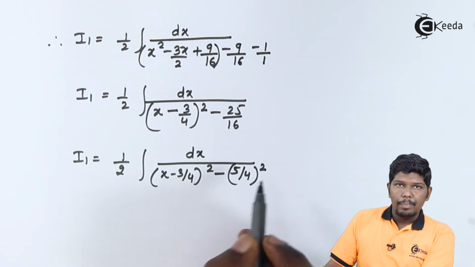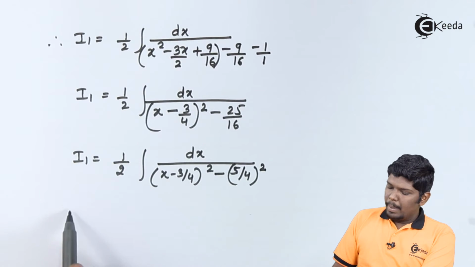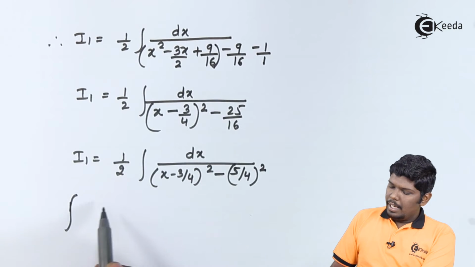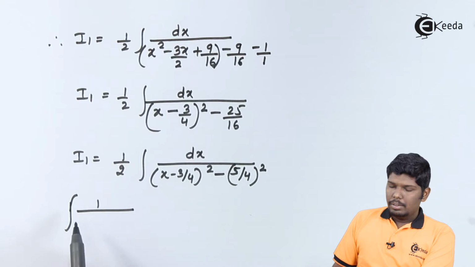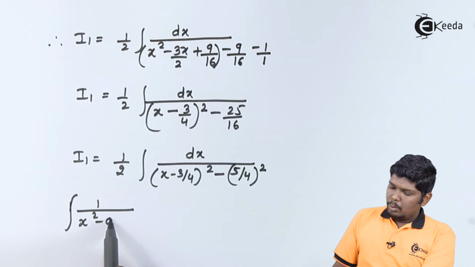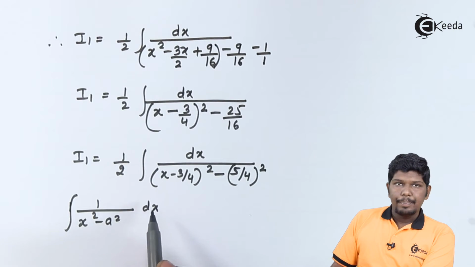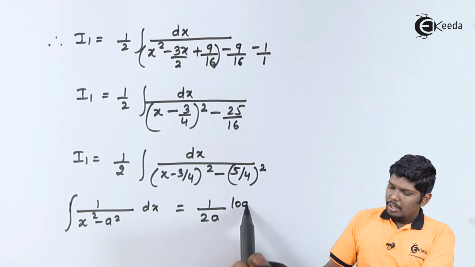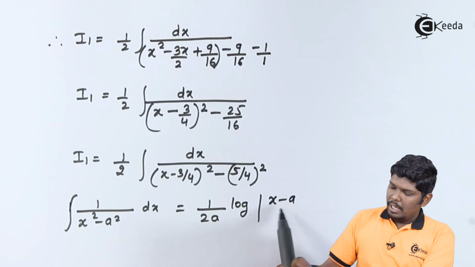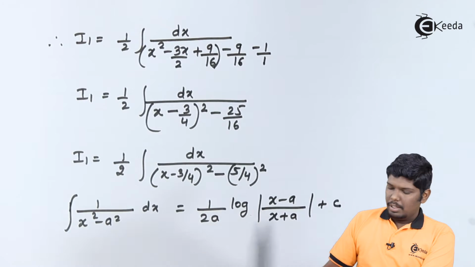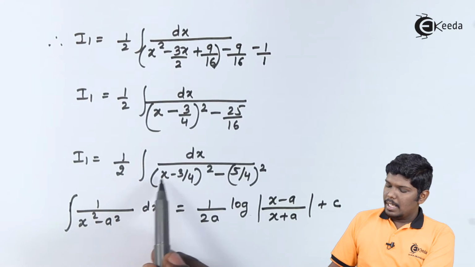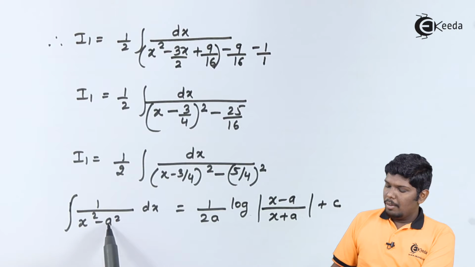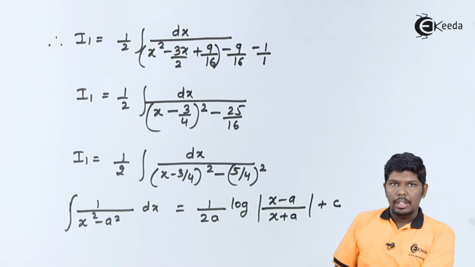Now this integral can be compared with the standard formula of integral 1 upon x square minus a square dx is equal to 1 upon 2a log of x minus a upon x plus a plus c. Here you can see the value of x is x minus 3 by 4 and the value of a is 5 by 4. Therefore,